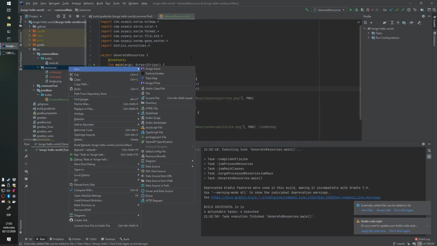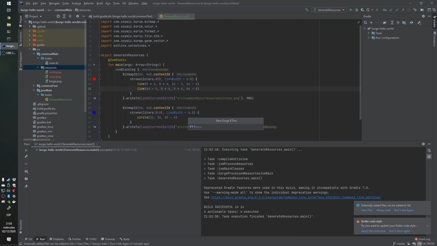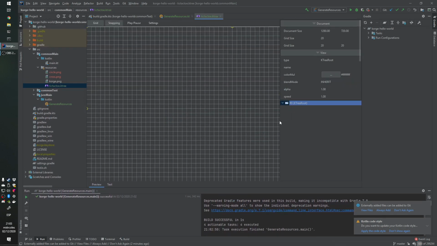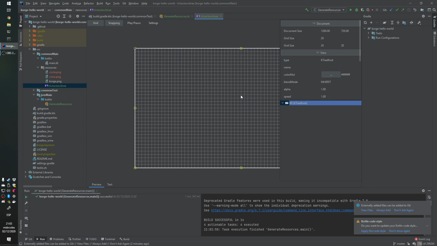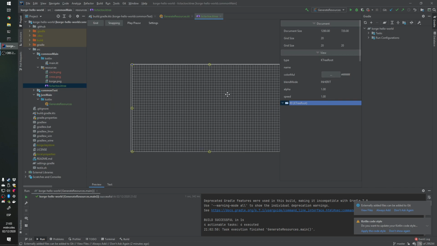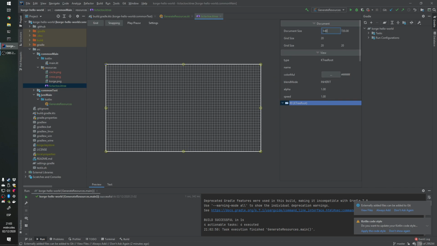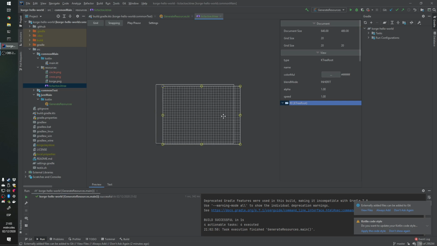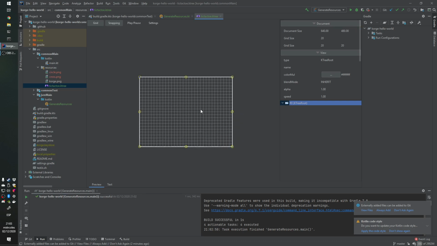So now we can create a KorGE KTree called Tic-Tac-Toe, for example. And here we have our scene. Maybe we can use 640 and 480 here. And